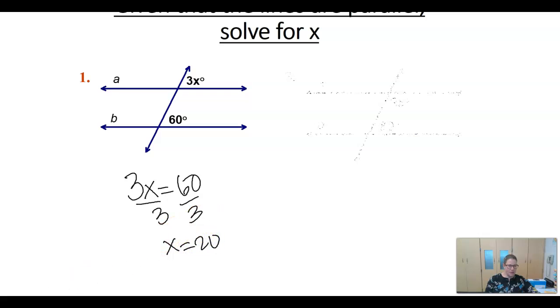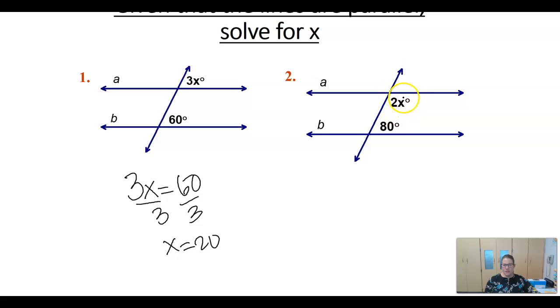Okay, let's try another one. So on this one, we have 2x and 80. Those are same side interior or consecutive interior angles. And because of that, I know that they're going to be supplementary. So if I take the two angles, 2x and 80, and add them together, I know it's going to